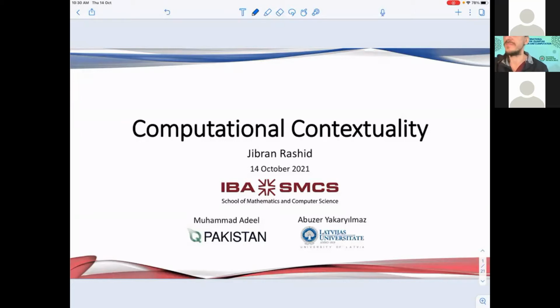Thank you very much, Peter, and thank you to the organizers for inviting me to the conference. So computational contextuality is something that we are proposing as another perspective on the standard quantum contextuality model. Hopefully by the end of the talk, I've motivated enough what exactly computational contextuality is. This is joint work with Abu Zer at University of Latvia and Muhammad Adil, who's my graduate student